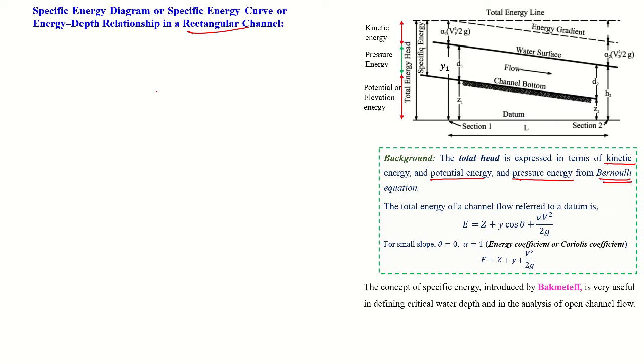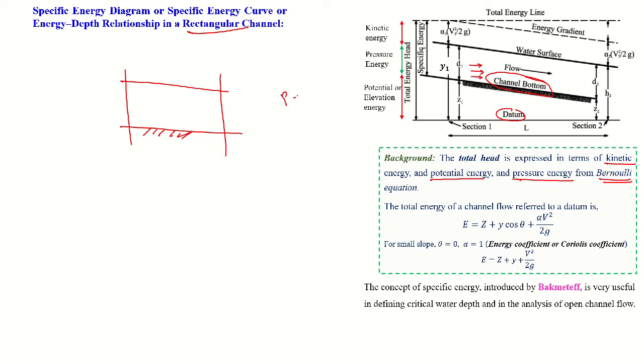The same applies in the open channel: water will flow from a higher section to a lower section. The same thing is represented here. So this is your channel bed, or channel bottom you can call it. With respect to an elevation or datum, you can say that this is the section at 1 and the section at 2. This is the datum.